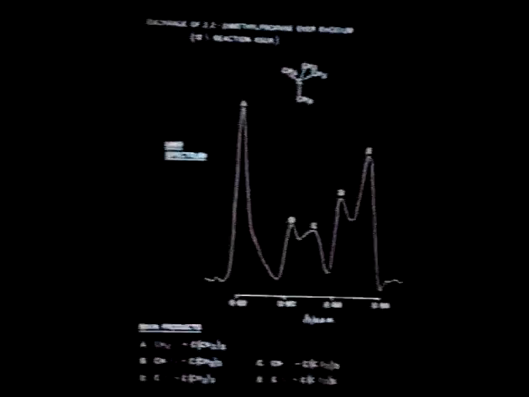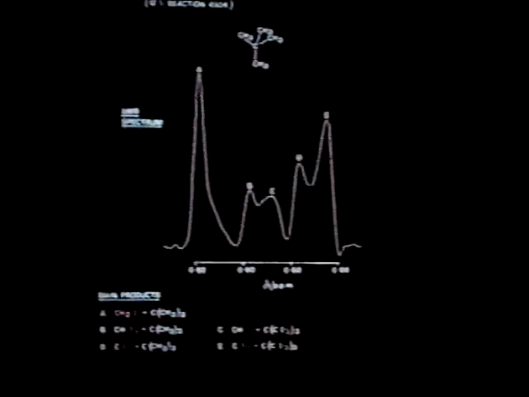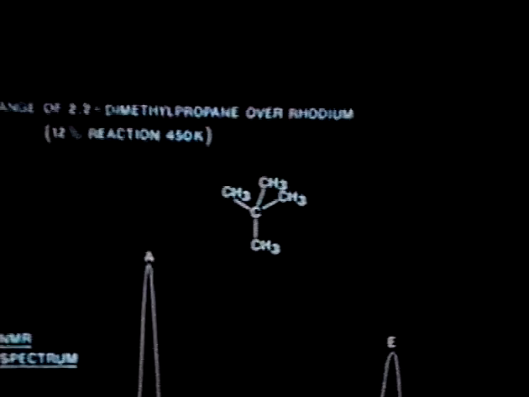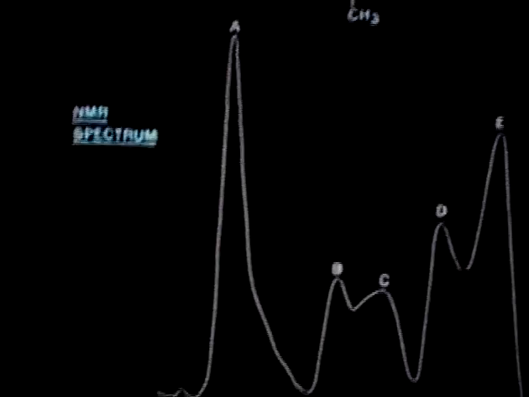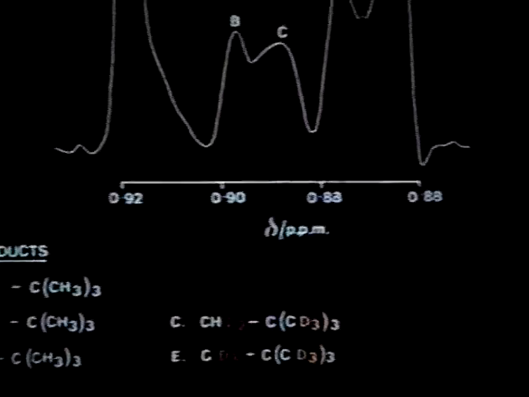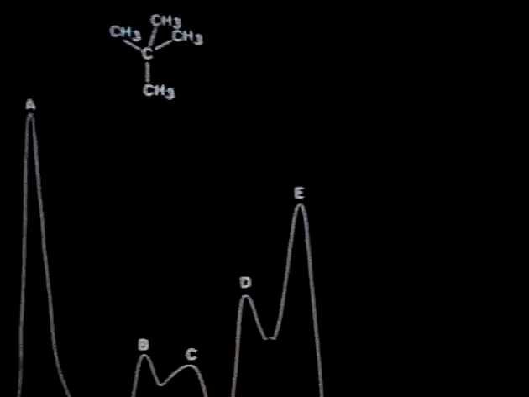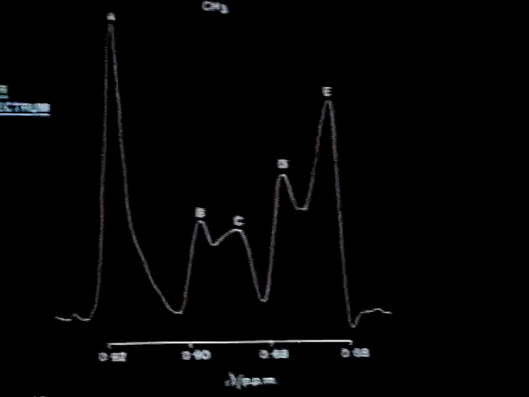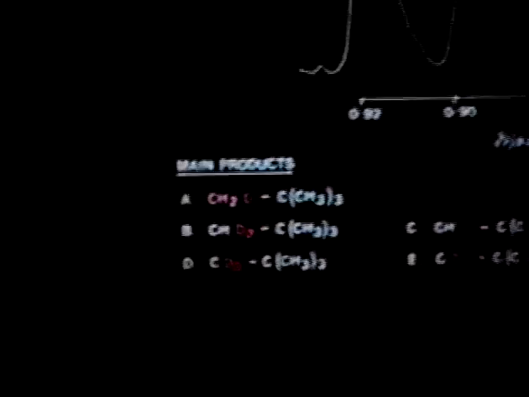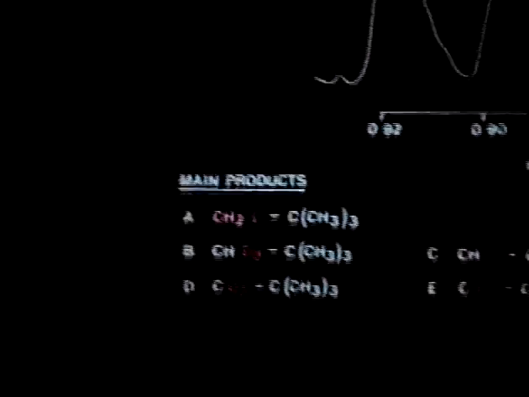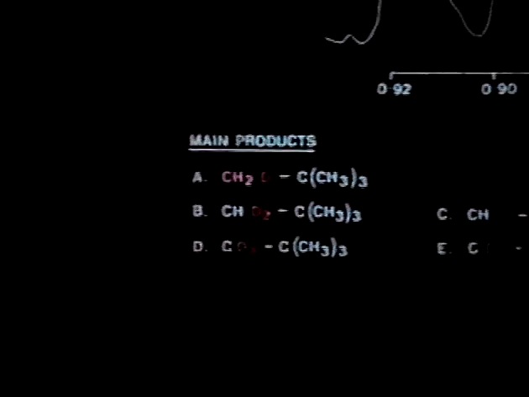These results are for 2,2-dimethyl propane reacting on rhodium at rather high temperature. Earlier I showed the result with 3 peaks corresponding to 1, 2, or 3 deuteriums in the methyl group. But we now have 2 extra peaks. We have peak C, which corresponds to 2 deuteriums, but with substantial exchange in the remaining 3 methyl groups in